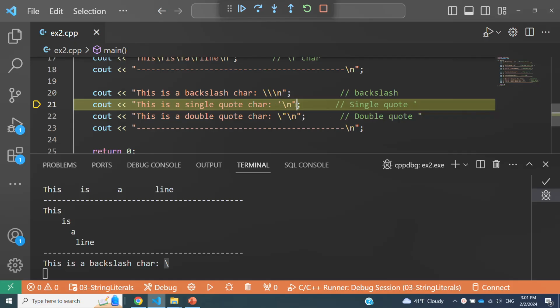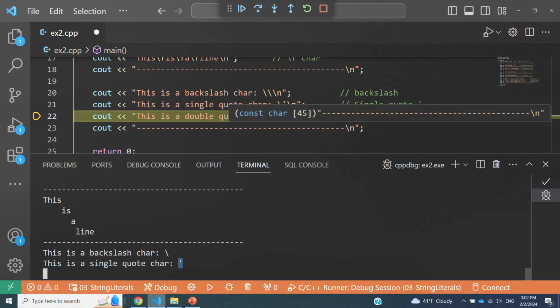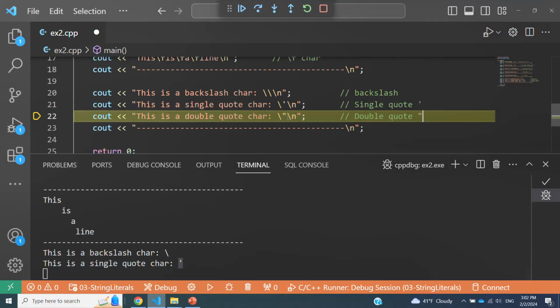Printing a single quote within a string, I don't have to really escape it. If you think about it, the reason I had to escape the single quote character inside of a character was because the beginning and the end of a character is marked by a single quote. That's why I had to escape it. I can continue escaping it in here, and the compiler is not going to complain, but I don't really have to escape a single quote character inside strings. But for consistency's sake, let me also escape it. So let me print this, and you're going to see that we see a single quote character.